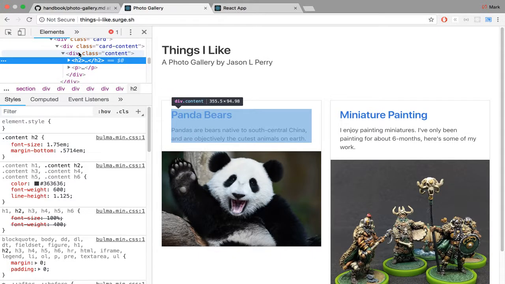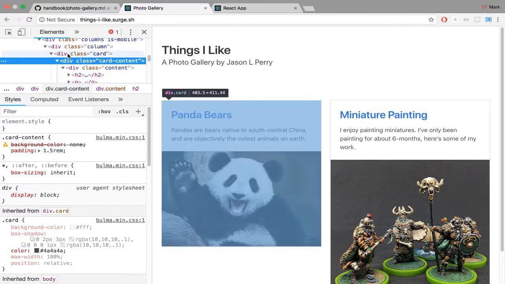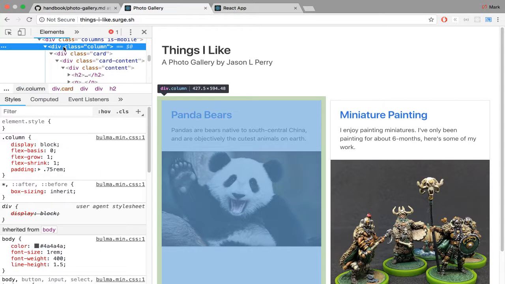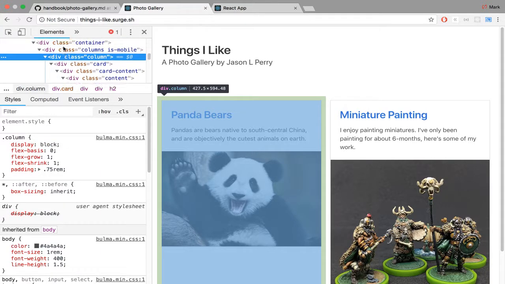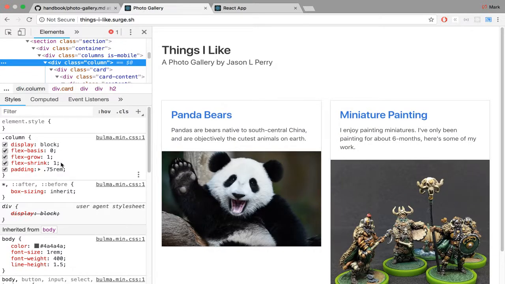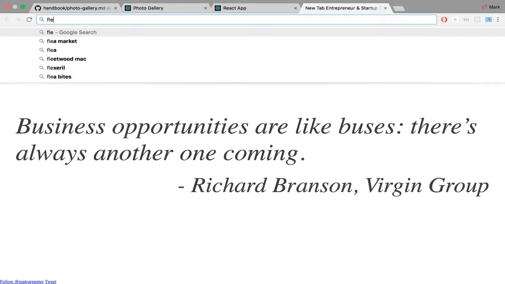I was messing with CSS yesterday like that, and I still couldn't get it. Div class card, max width 100%, column. Looks like he has a whole bunch of flexing stuff on it. Yeah, I don't know what that is. Flex grow, flex shrink, flex basis. So if we don't know what it is, flex grow